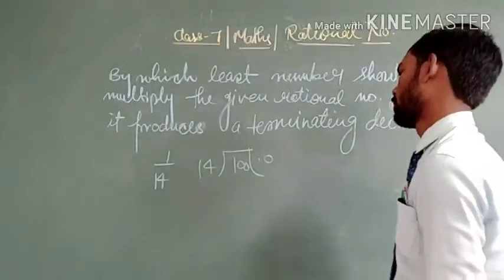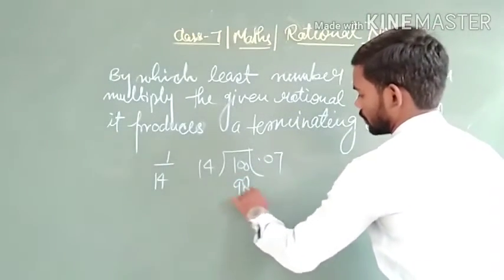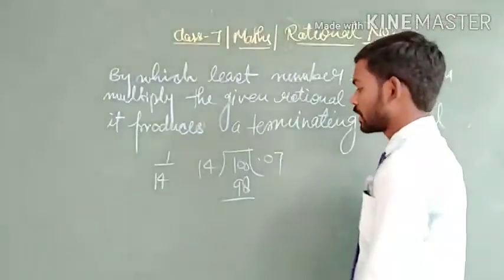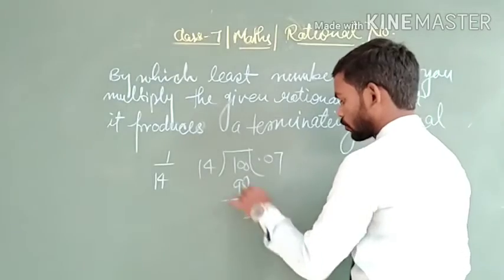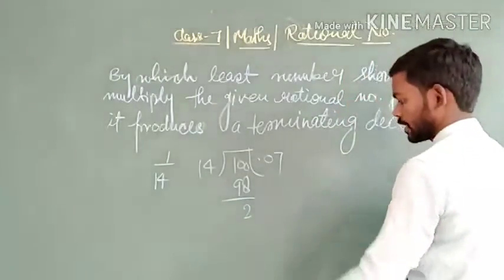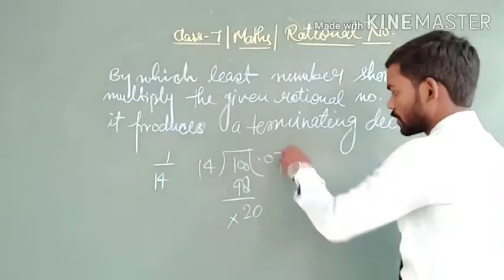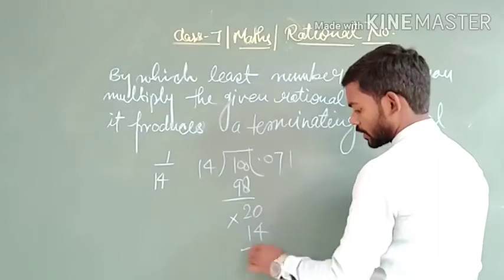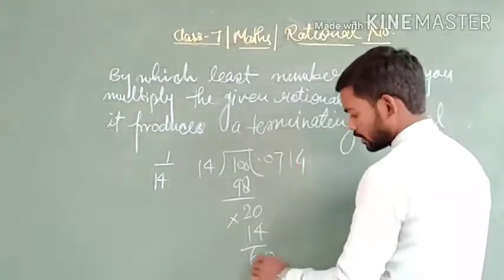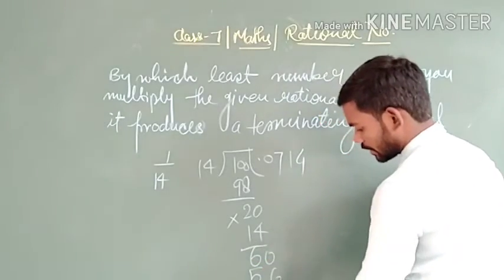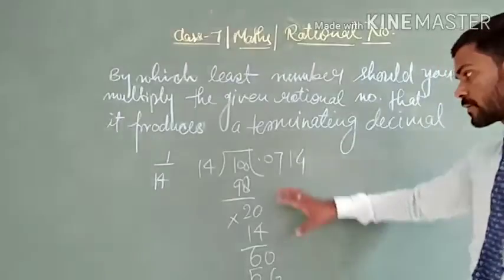14 7s are 98. So here we get 10 minus 8, it becomes 2, and 9 minus 9 is 0. So here we get 0, 20. 14 ones are 14. Here we get 6, 0, and 14 fours are 56, and here again we get 4, 0. So here we can see that